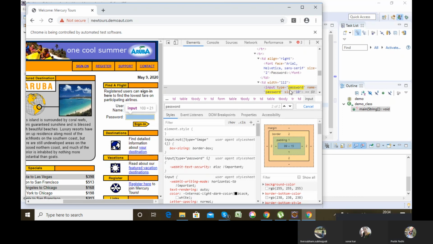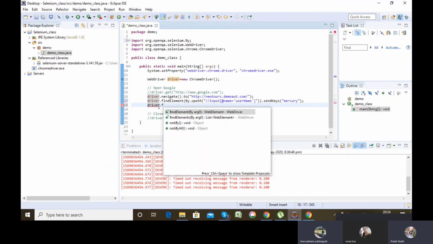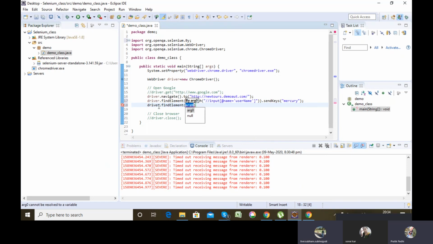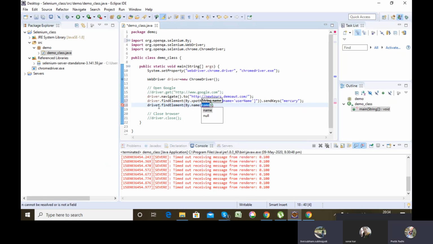See, here password is the value of which attribute? Name attribute. Here I don't want to use XPath.